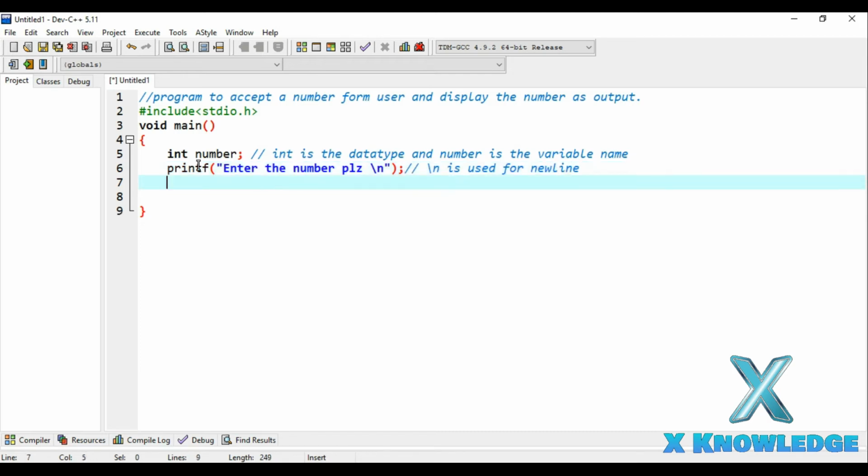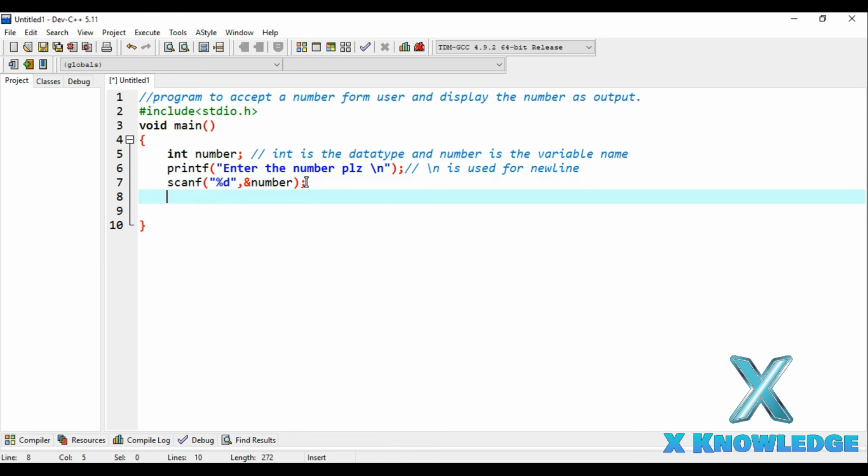Okay, now once the user will see this message, enter the number, I will give a number. Alright, but how will we accept that number? In order to accept that number, we will have to use the function scanf of the stdio.h library. And how will we accept that number? So %d and &number. What this will do for us is that the number whichsoever will be given to us by the user will get stored in this variable, that is number.